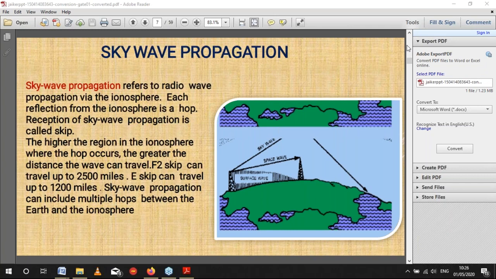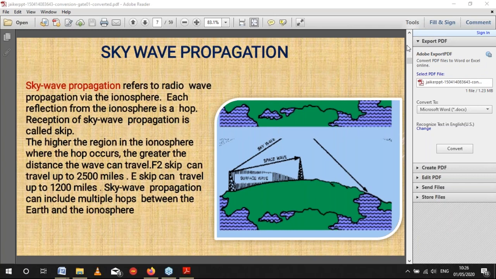Let me use the language that most of us will understand: the network of skywave propagation is called skip. But in any case, please know that it is the reception. I just want us to know what I am talking about, which is why I decided to use the word network. The signal you get is called skip.